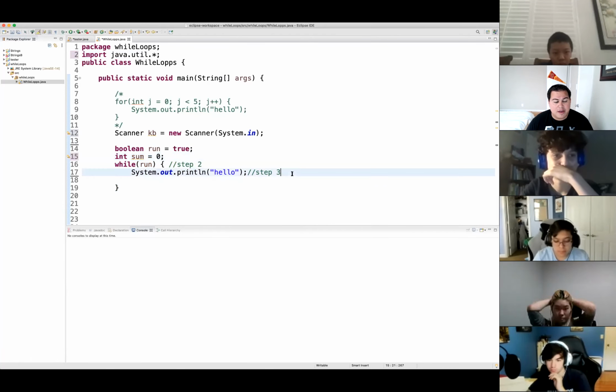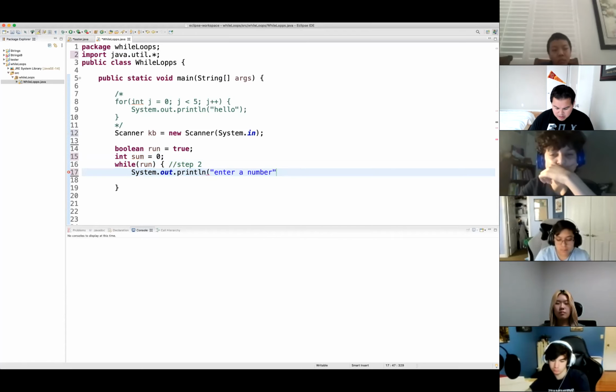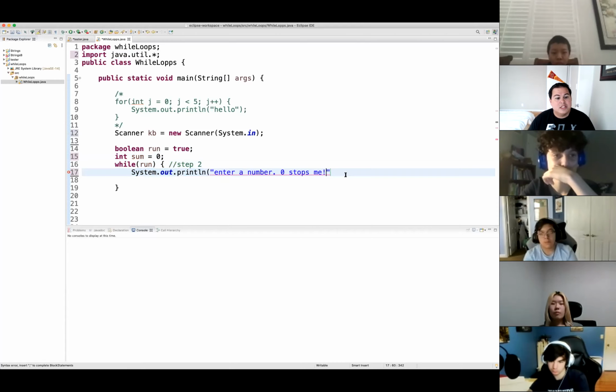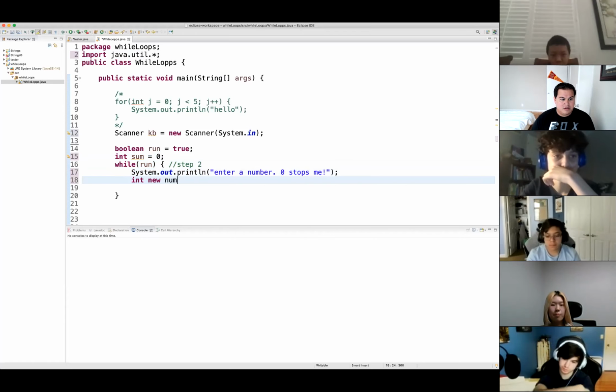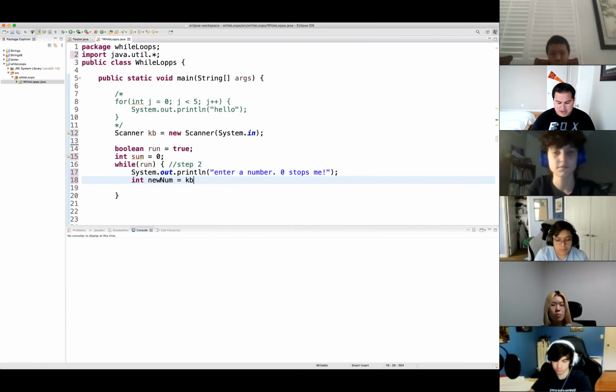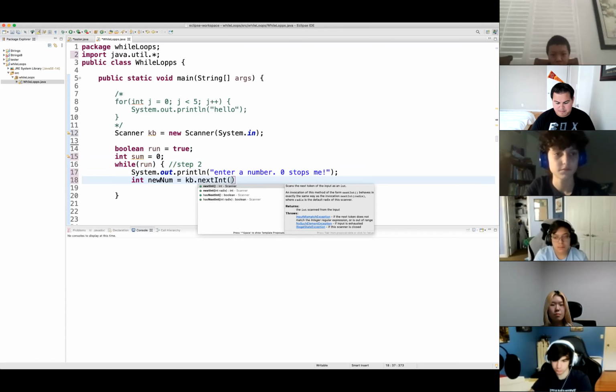All right, so then what I'll do is say, enter a number, 0 stops me. So what's going to happen is I'm going to say int newNum equals kb.nextInt.